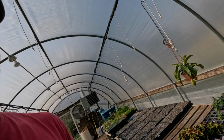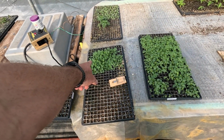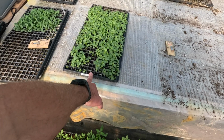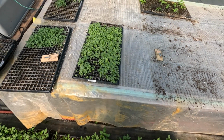I've still got a few flowers here. These petunias got started on the heat mat. Those Dusty Miller were started on the heat mat. It gives a good consistent germination. These impatiens were, I'm not really sure why I've got a little dead spot going on,